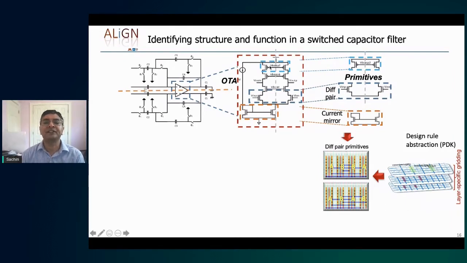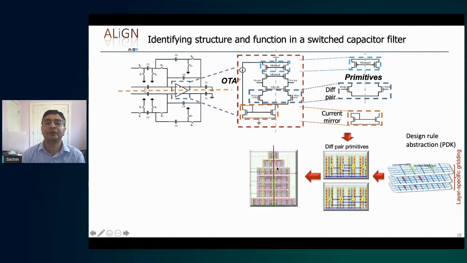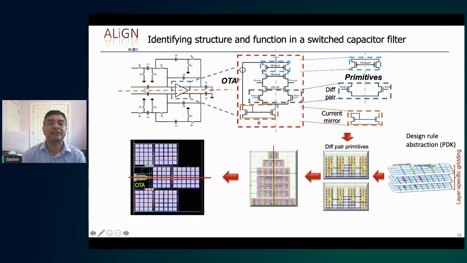Once you have these structures, you can go to the next level, and then you can build the layout of the OTA. And this is really just a matter of taking all of these, using some place and route scheme to construct this. Now we go to the next level block where we have the layout of this block. We have layouts for the capacitors and the switches, which are also primitive structures. They are basic structures that are used. And we get the final structure that looks like this.